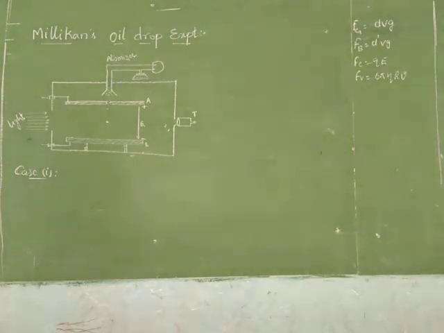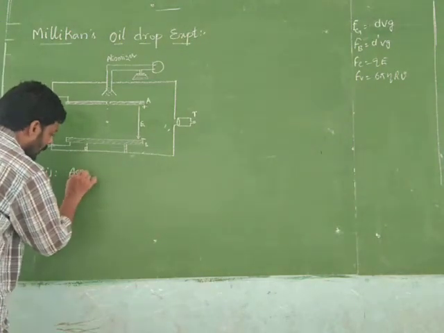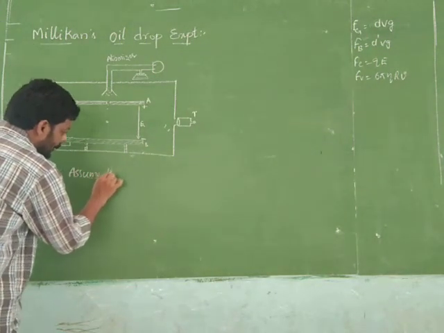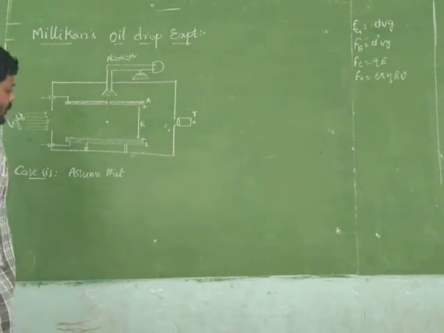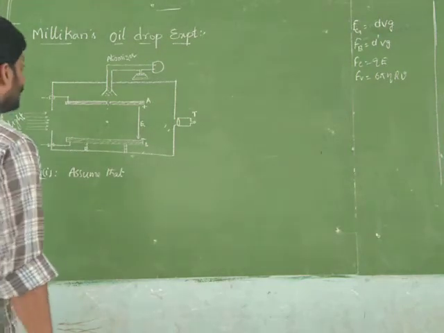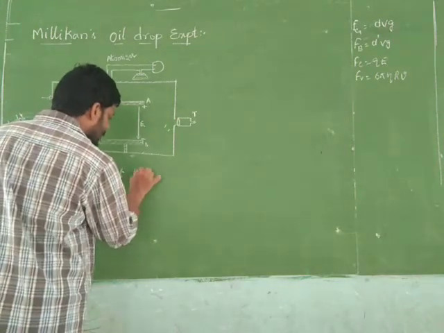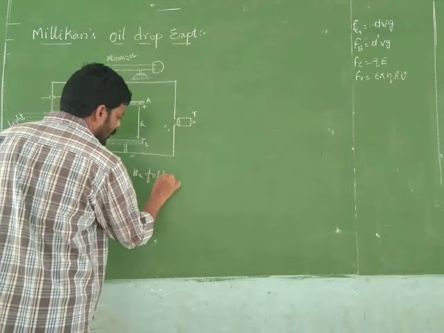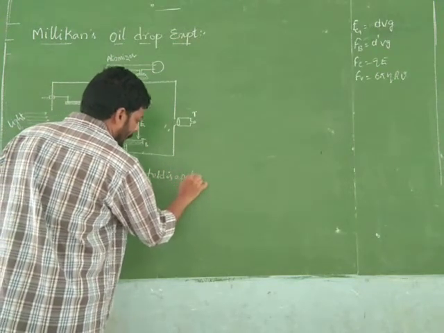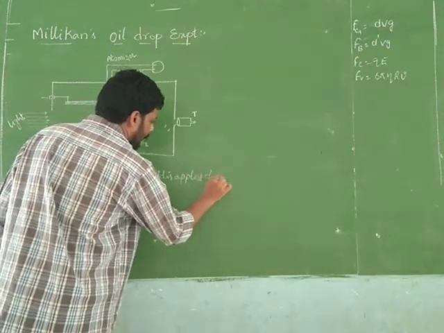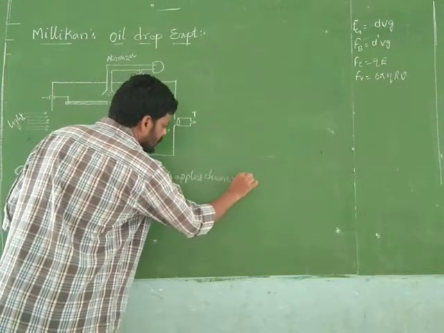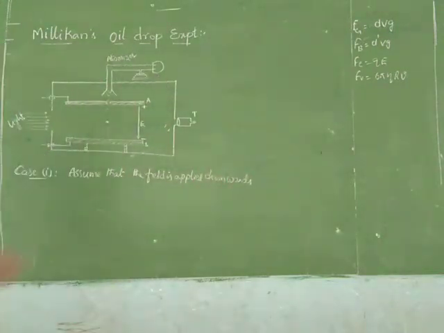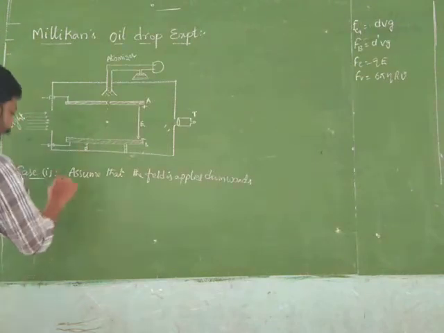Assume that the field is applied downwards. Here the field means the electric field. The field is applied downwards, and